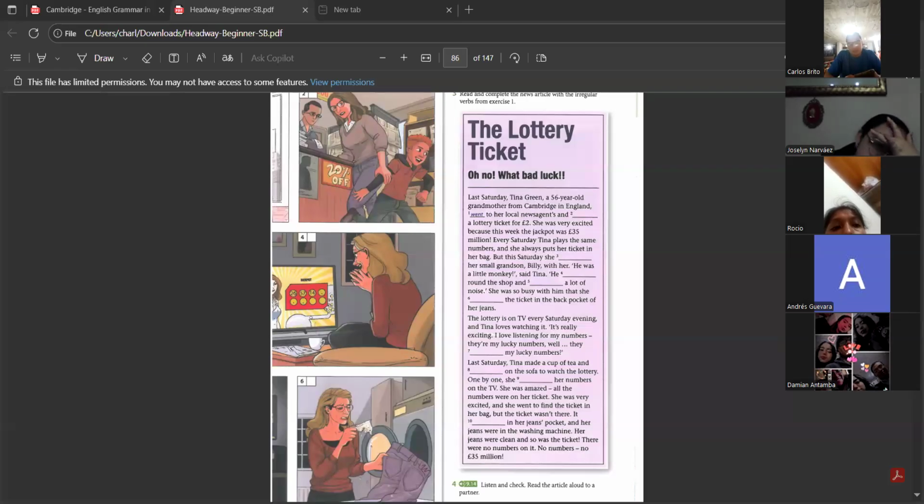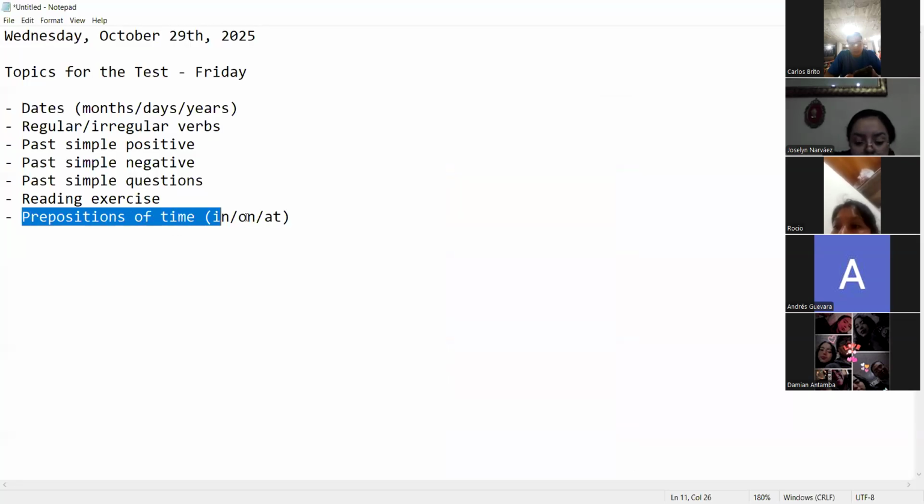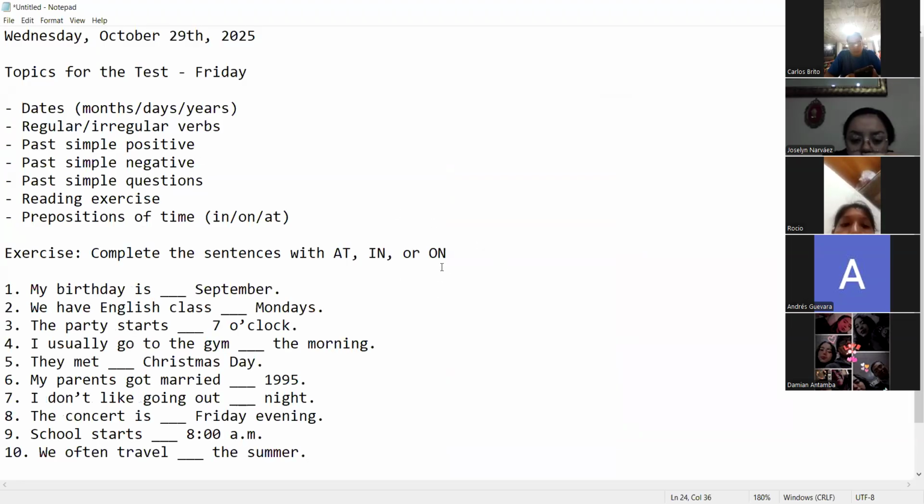Okay. And finally, what do we have here? We're going to do an exercise about the last topic that we saw in class, which is prepositions of time: in, on, at. So it's going to be a very straightforward exercise. Complete the sentences with in, on, at. It's going to be an exercise similar to this one. For example,